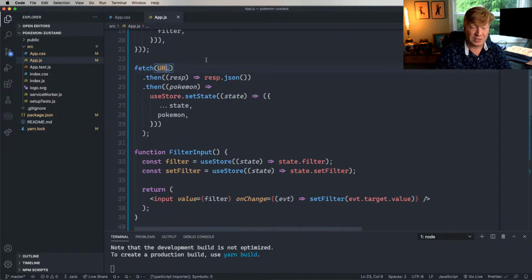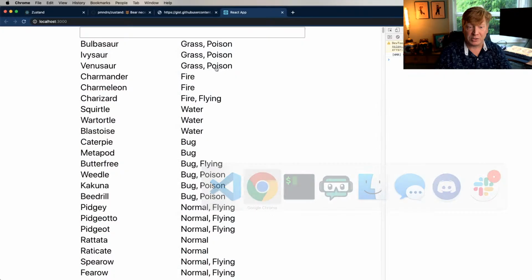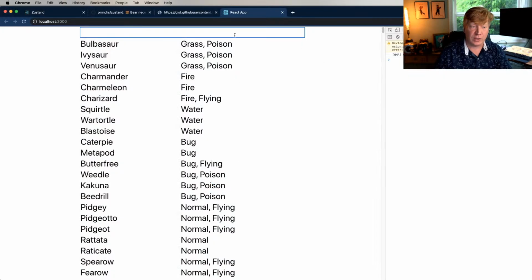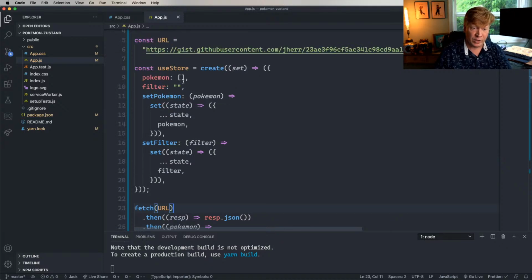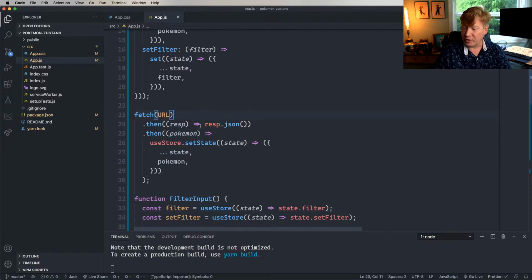All right, so let's see. I'm going to save that one more time. Let's see how we do. So yeah, now when the application starts up, we create this useStore, and then we